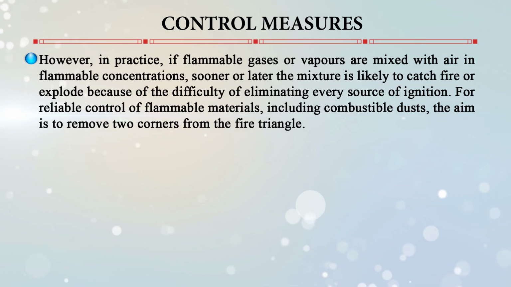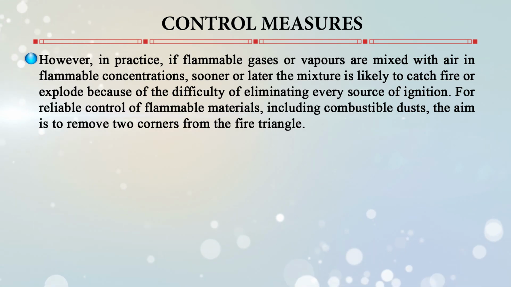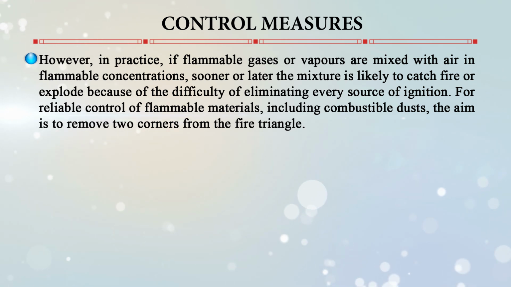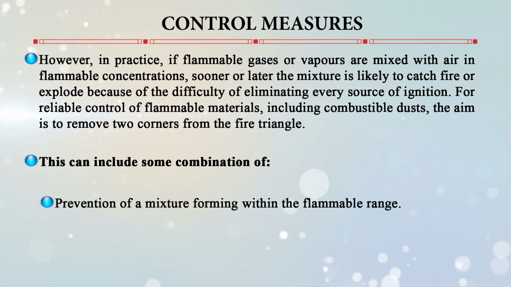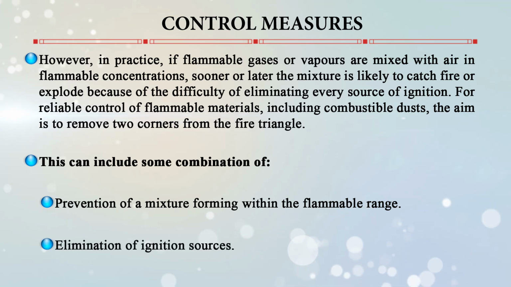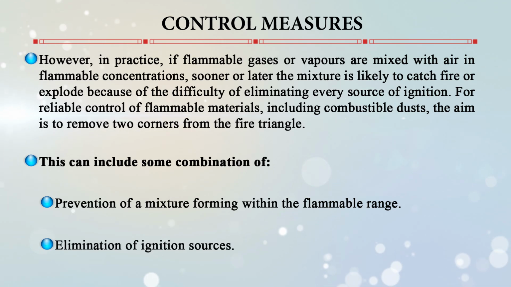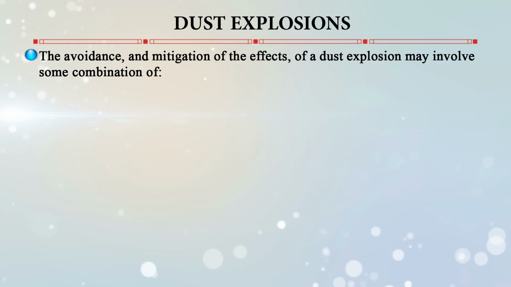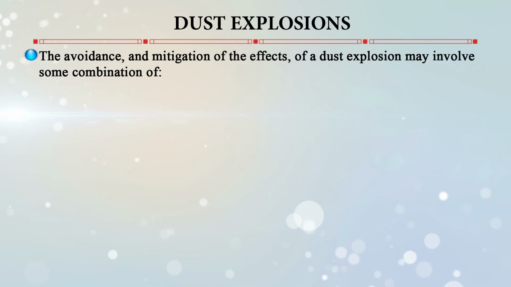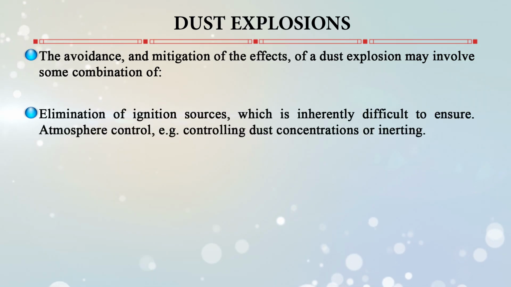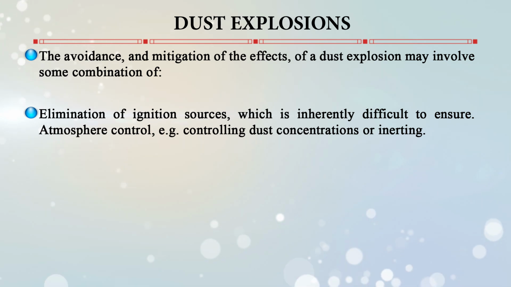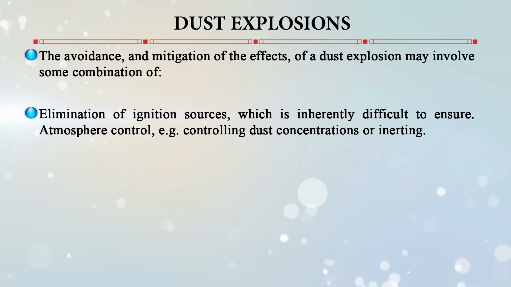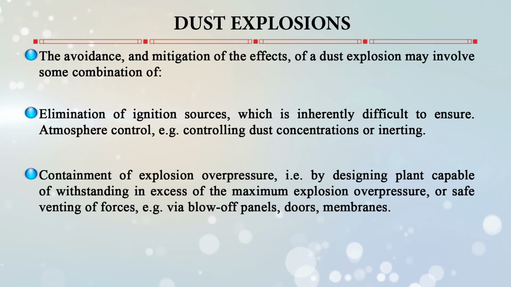For reliable control of flammable materials like combustible dust, the aim is to remove two corners from the fire triangle. So, some combinations of prevention of a mixture forming within the flammable range, and sometimes elimination of the ignition sources. For example, in dust explosions, the avoidance and mitigation definitely involve some combination of the elimination of ignition sources, which is inherently very difficult to ensure, and then atmosphere control, like controlling dust concentrations or inerting the dust, and the containment of the explosion